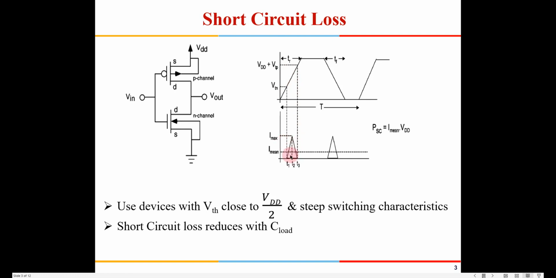So we can minimize these short circuit currents, but the penalty is that if you use an HVT device, the delays will be large. Because if you see the ID equation, I is proportional to (VGS minus VT). So if you are using a high VT device, the currents will be low and hence the propagation delay is larger. That is the difficulty there. Last time I explained that in non-critical paths we can use those devices.